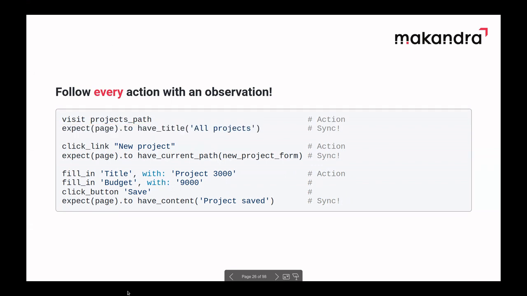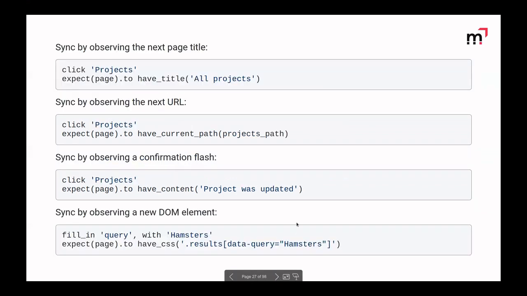And you don't do 5 things, because then Capybara just tries to throw 5 commands at the browser, and the browser does random things depending on your timing. So it doesn't really matter what you use to sync or what kind of observation you use. I use different kinds of observation in my example.